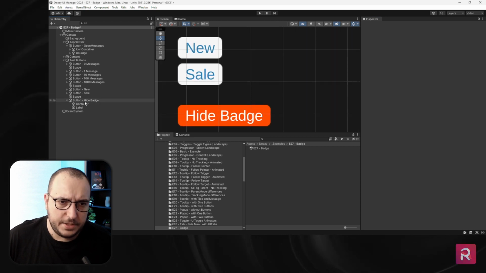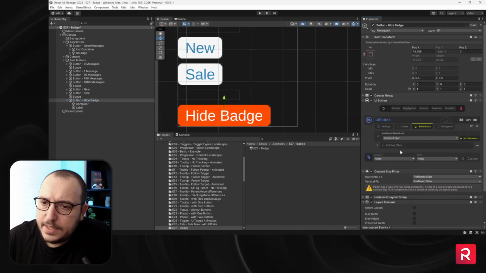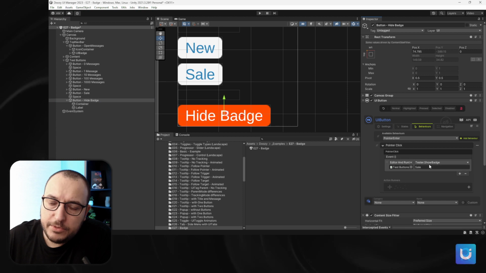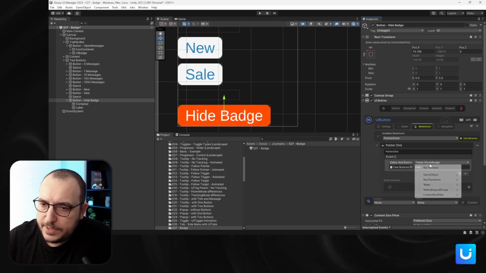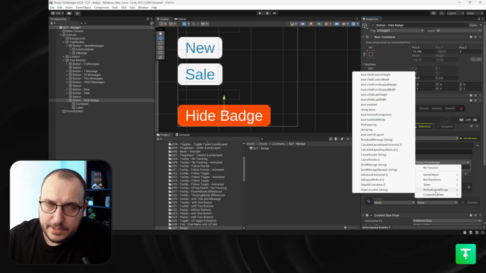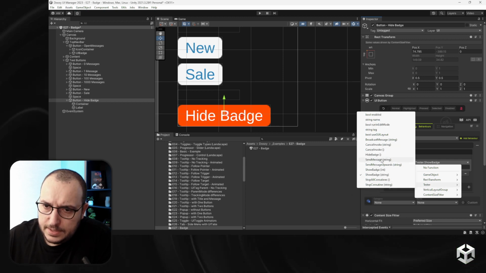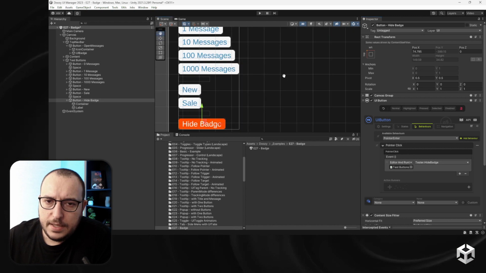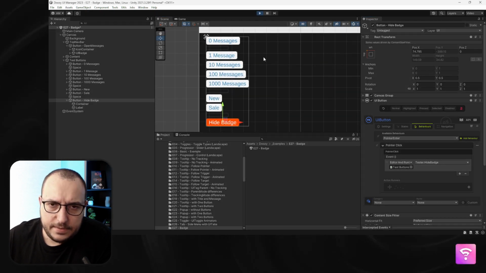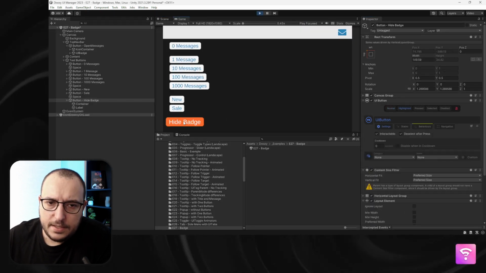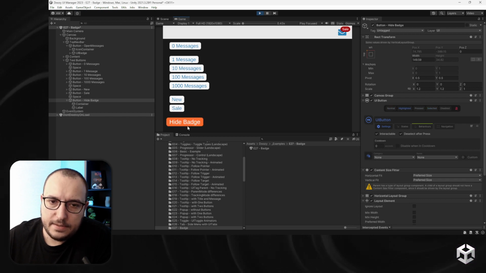So hide badge, and remember I'm doing this through our tester, right? So I can also directly select the badge. So tester, hide badge, there you go. And now I can test it out. So I'm going to say new, sale, 10 messages,